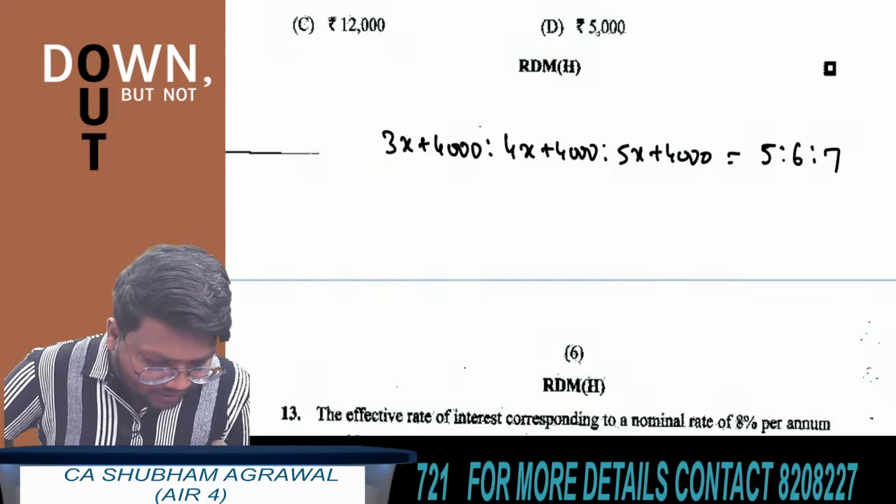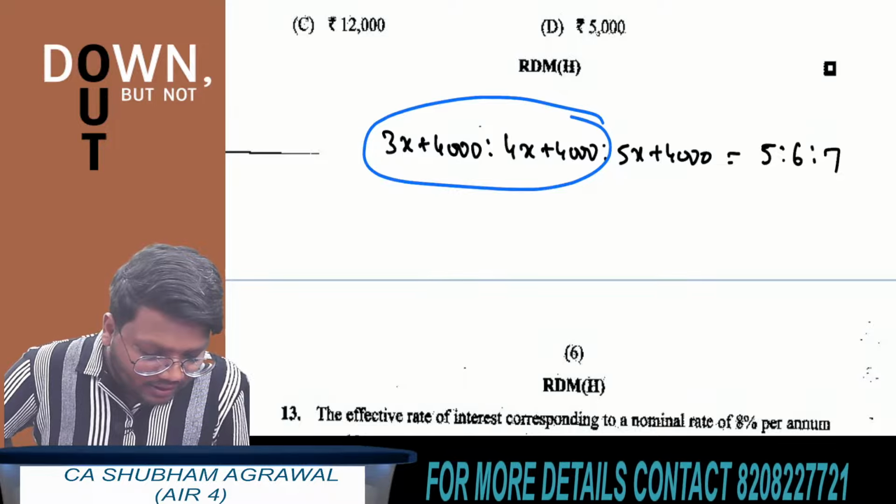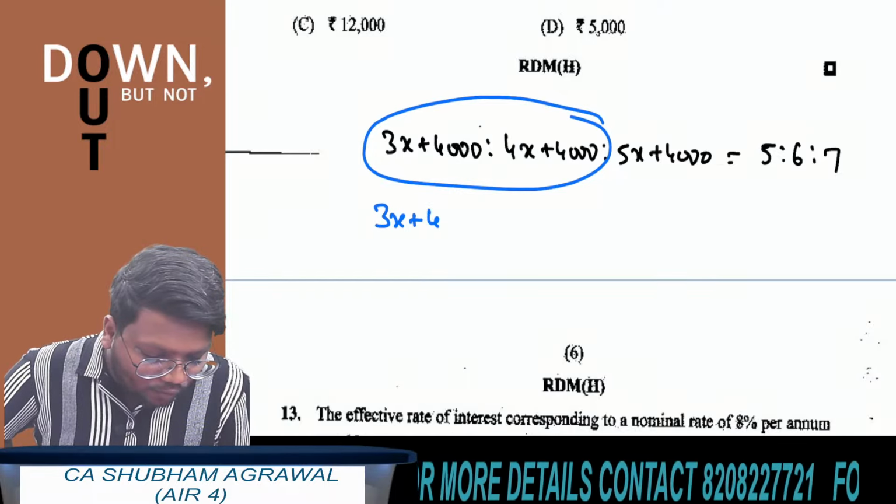This thing is very simple. See what we can do. Just by using this, 3x plus 4,000 divided by 4x plus 4,000 is 5:6. We can write it as 5/